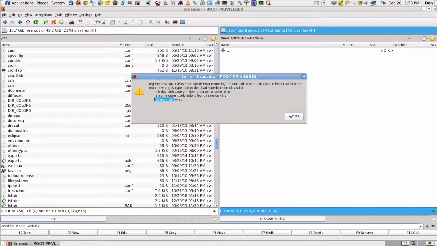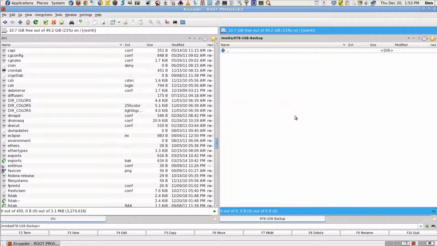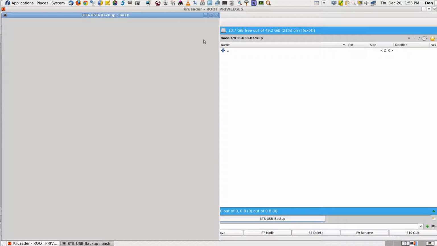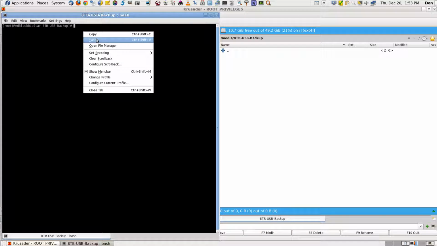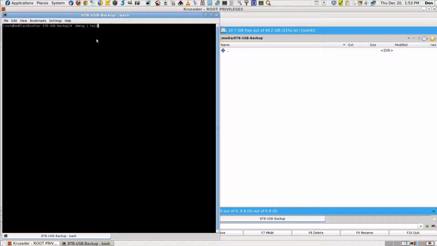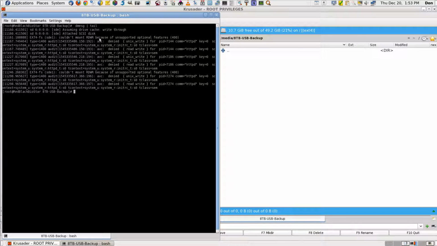Let's go ahead and see if we can open up a terminal here. Oh, I have to get out of that message. dmesg, straight up and down, tail. I don't know if that's going to stay on my clipboard or not. I guess I should get out of, well, let's just go ahead and do that. It doesn't matter where you're at, really. Oh, it did work. Okay, so